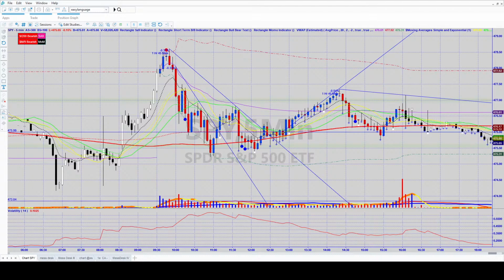So we put input show, this will be a Boolean, so it'll be true or false, show over trend, and we'll start off putting this false, so it'll be initialized as false. One of the new things I'm doing is simply using the input so that I can turn parameters on and off without going into the code to adjust it, or to turn things on or off. All right, so show over trend false, and then just to give us a reminder of what show over trend is, we'll put